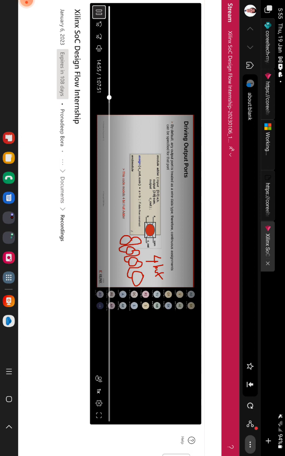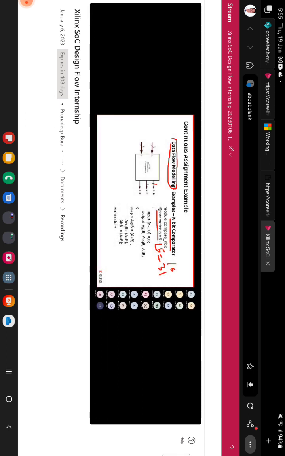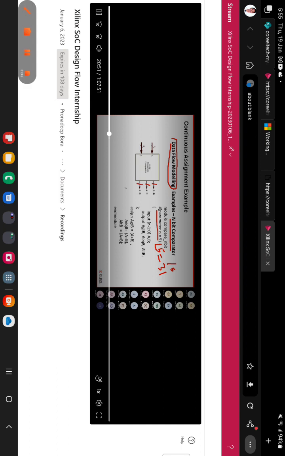I want to use a full adder, but this is called the concatenation operator. And my output is saying whether A is greater than B, or equal to B, or less than B. So that value